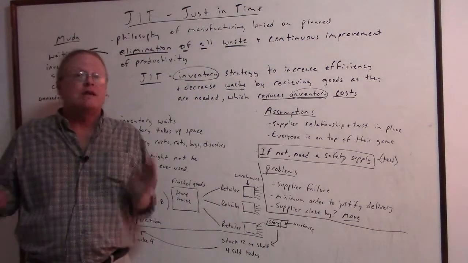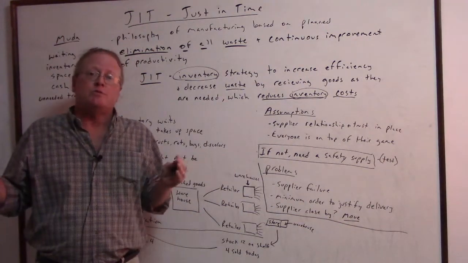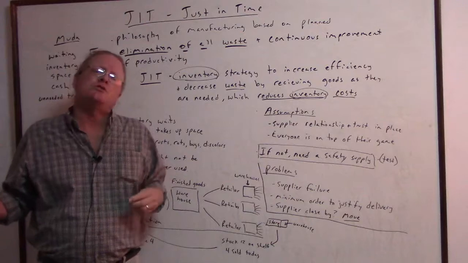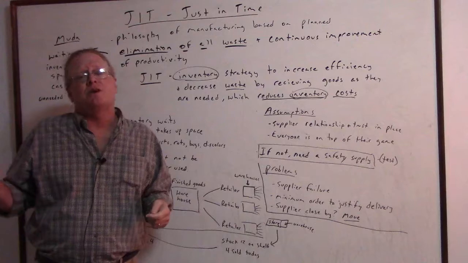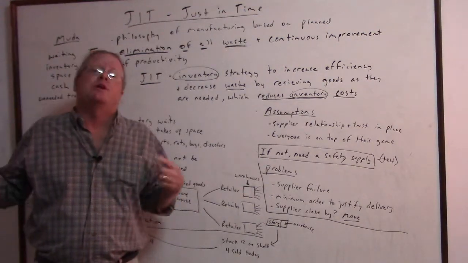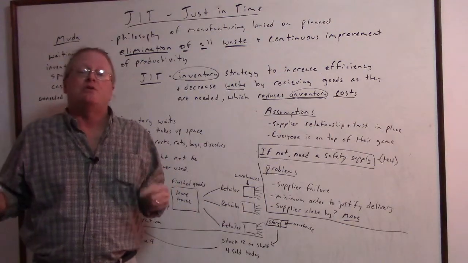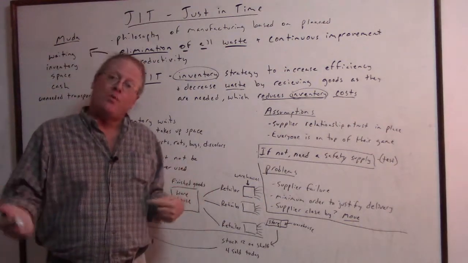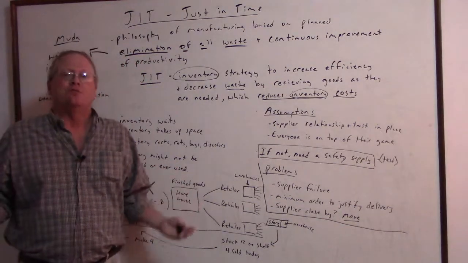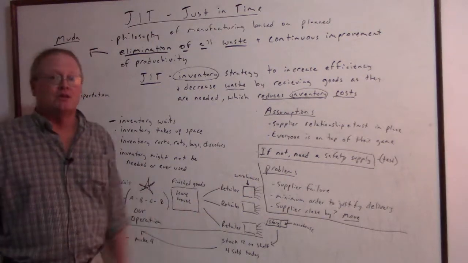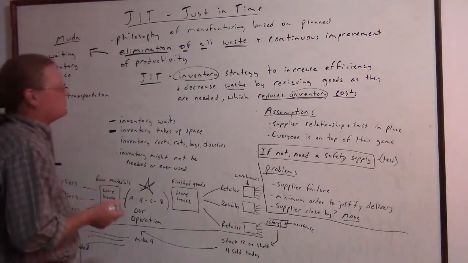Inventory waits, we fill up, and a lot of this inventory is created by management, because management might tell purchasing to save money on the raw materials, and in order to save money on the raw materials, they have to order a huge amount of something to save money. So they buy in bulk to save money, which costs them more because they have to build a warehouse to put this stuff in. It doesn't make any sense. You're rewarding purchasing for costing us a lot of money in the end. Inventory takes up space. We have to have a warehouse for it.